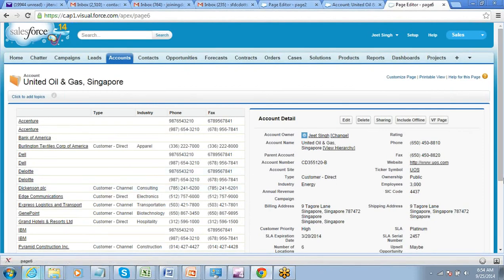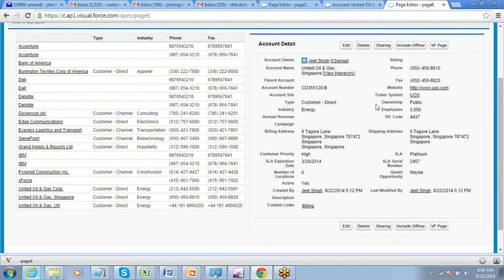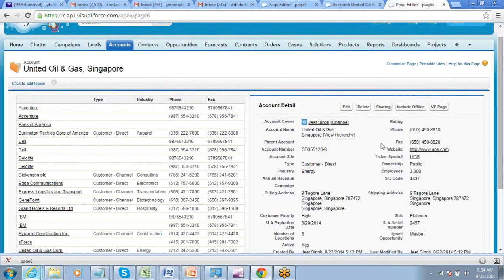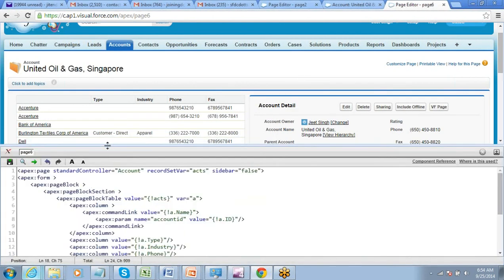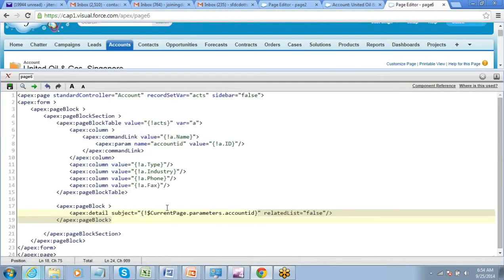Now for that, you just have to make a small change so that on click of the link, instead of the entire page, only this section gets refreshed. Because this is the section which I want to refresh. This section is static. It should not be refreshed or reloaded. If the entire page gets reloaded, it will take a little longer. The performance of the page would go down, right? So instead, we would just update this section. That is very simple. For that, you have to do one small thing.